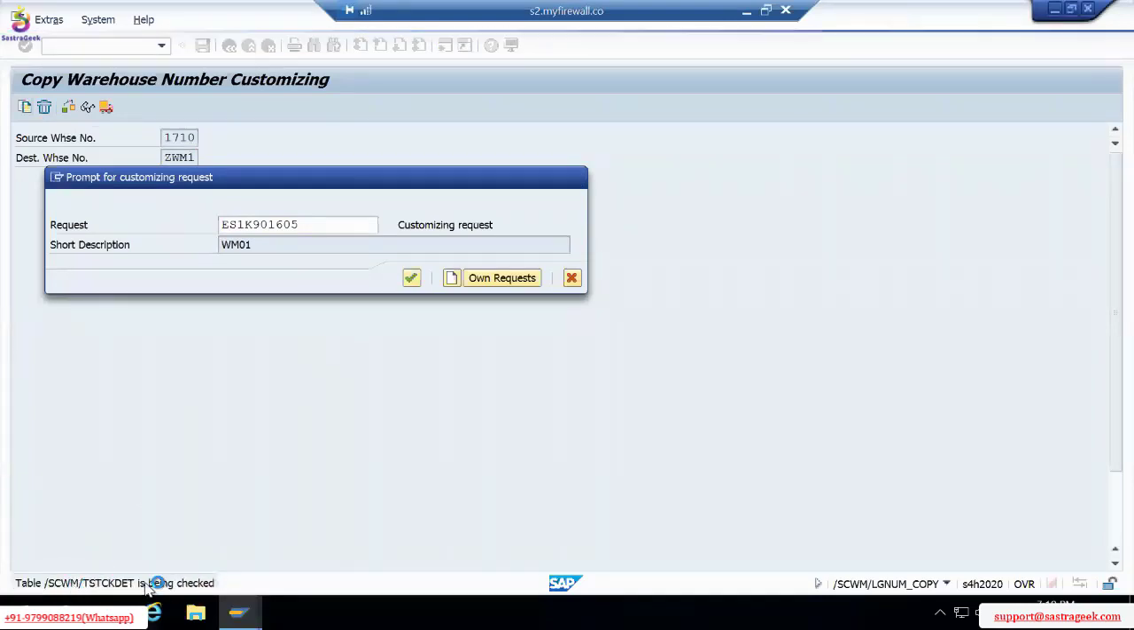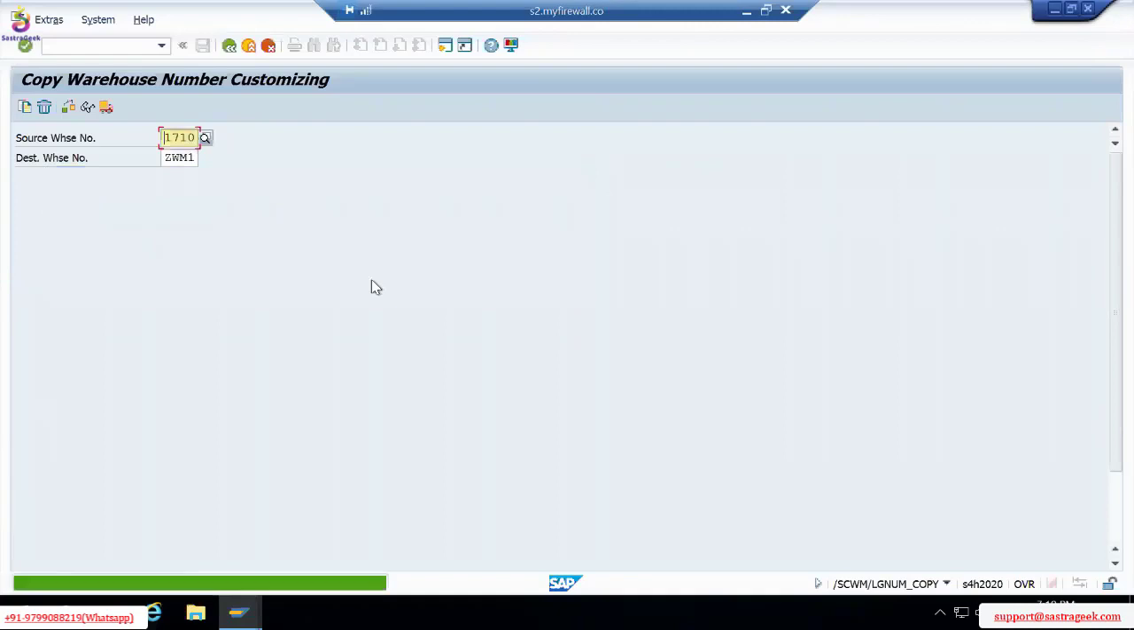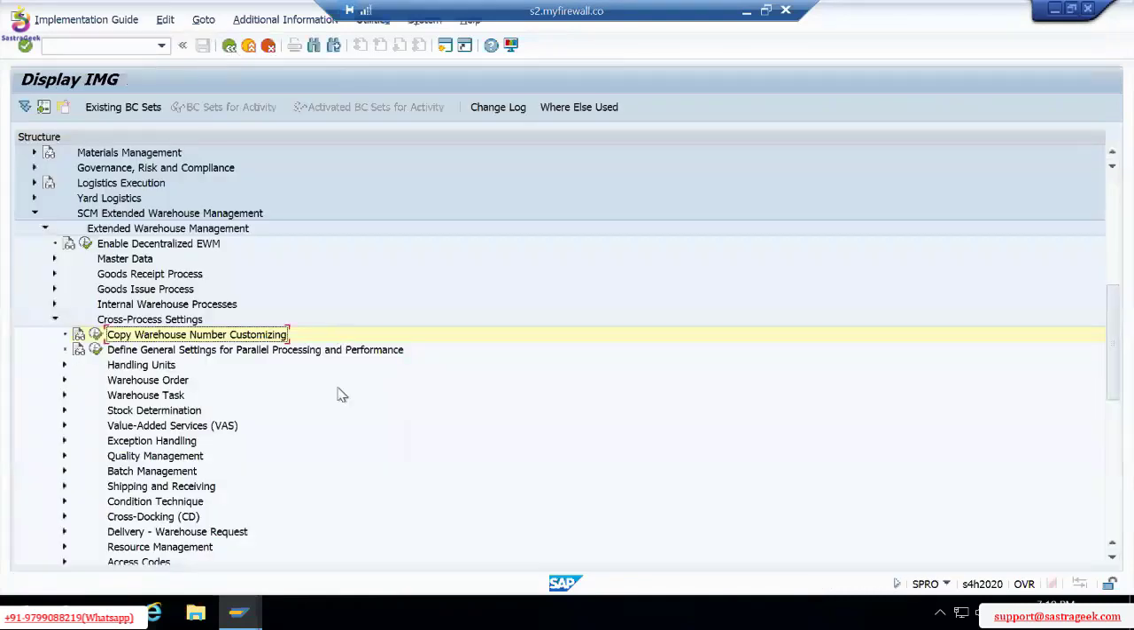Yep. You can see that all is getting copied. Perfect. So now, in the standard we should not delete any of the standard settings, because this is something where you copy it to your custom one and then you start doing your own customizing